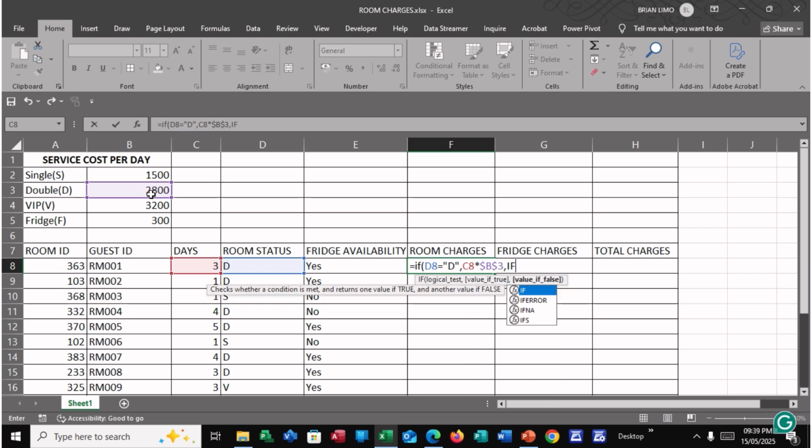Comma, IF again, open our bracket, this cell here, just select using the mouse, is equals to single, which is capital S, don't forget the quotation marks, comma, we'll be using absolute referencing, $B$2, multiplied by the number of days, which is C8, comma, IF again, this cell